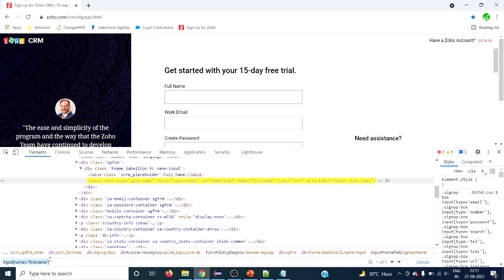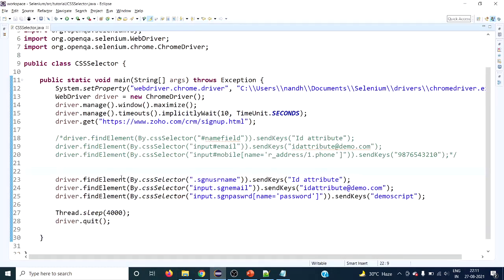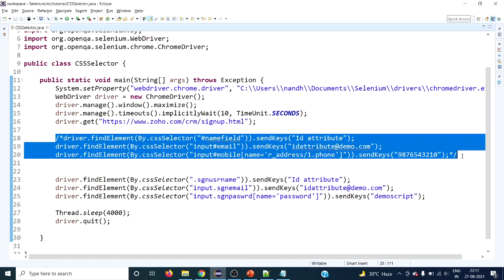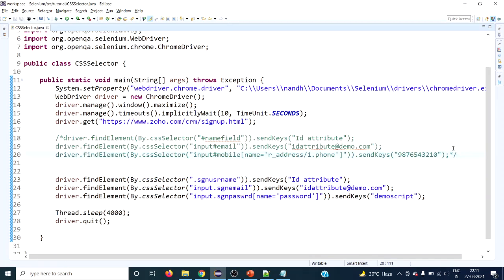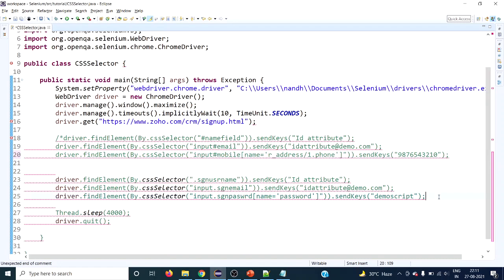This is using another attribute apart from class and ID. We have already seen in the previous demo how to use ID and class, so let's comment that part.